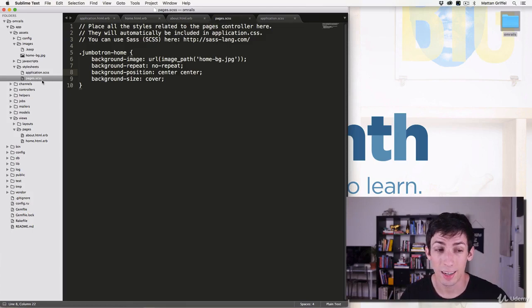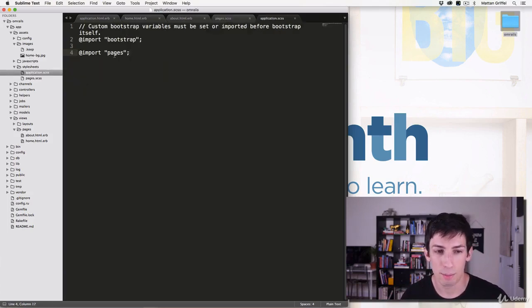And this is a CSS file. SCSS is a special kind of CSS file. If you're not familiar with CSS, don't worry too much about it. It's basically how you do styling inside of your application, how you make it look a certain way. And we have this pages one, which is where we put styles related to our home page or our about page. And then we need to import that into our